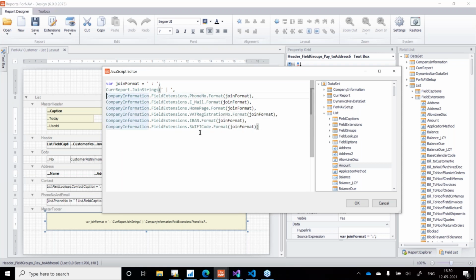And also in here, in the old NAV reports, we used something called a question mark operator, which, unless you are a C nerd, you have no clue what that is. So we replace it with something that you can actually read. What this does is that it uses a join format that tells us that instead of having just a colon, you want to have a space between the caption and the value. And then you basically join the strings that come next after this